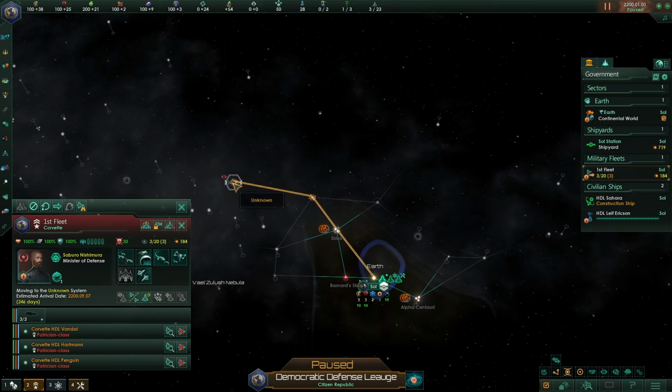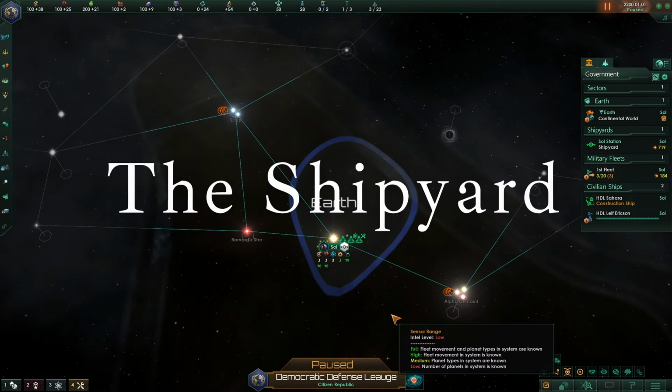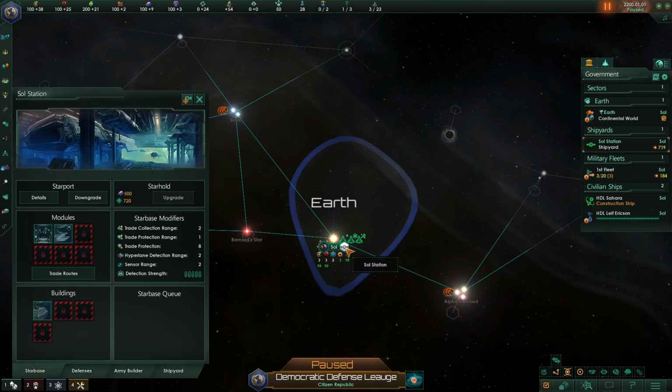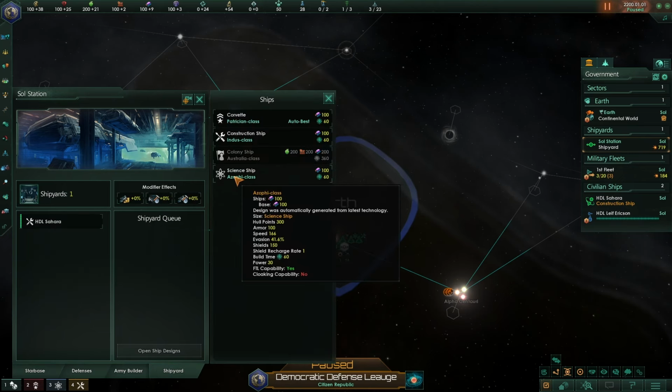So we sent our military fleet to go explore this black hole. If we wanted to go over here after it explores a black hole, we can hold shift and right click this system. Next, what we're going to do is build a new science ship in our shipyard to help with the early game exploration. To do that, we press this icon here, or press the shipyard button over here in your outliner. Then we go to the shipyard tab in your station and press the science ship button to build